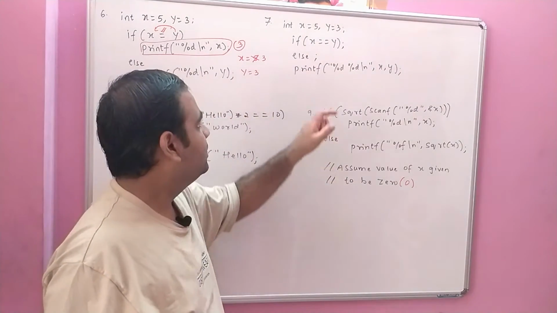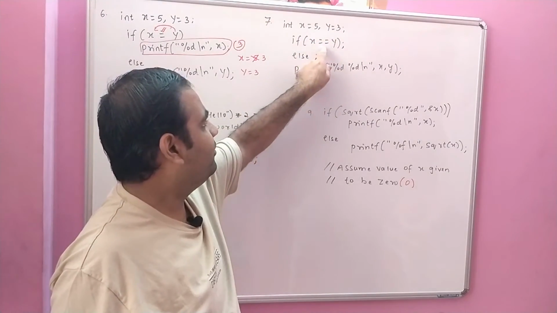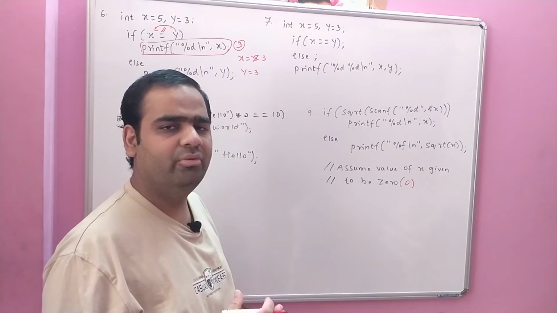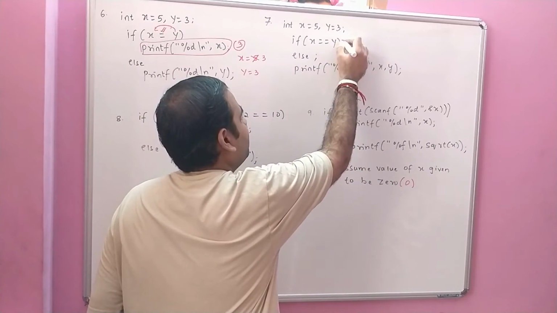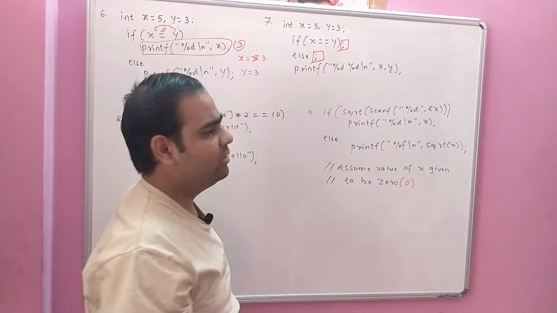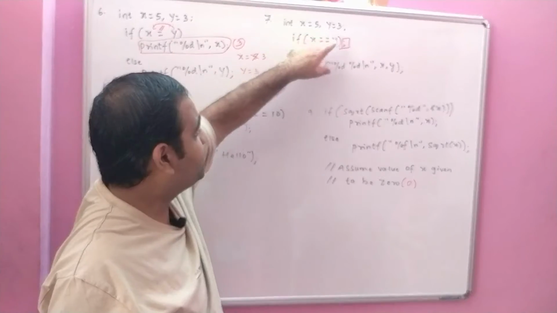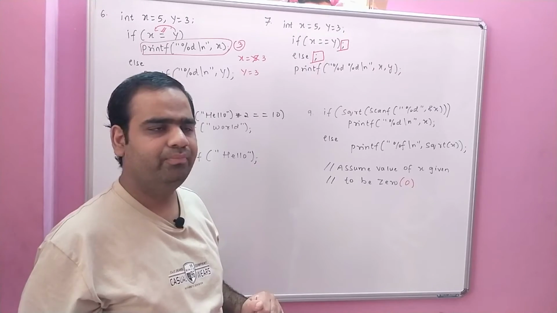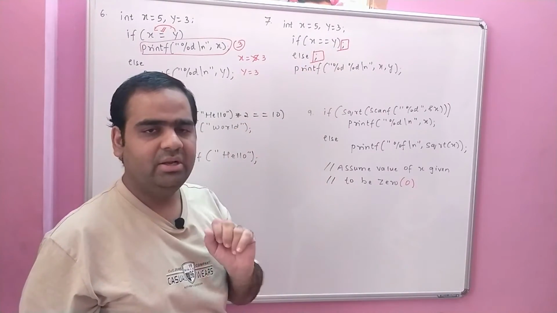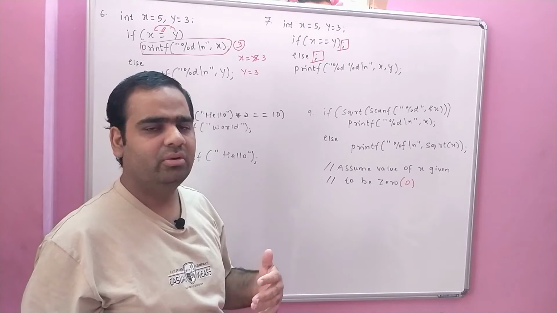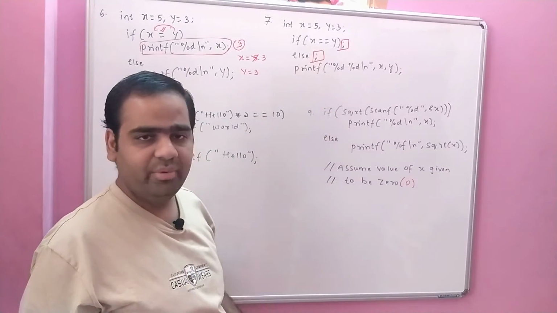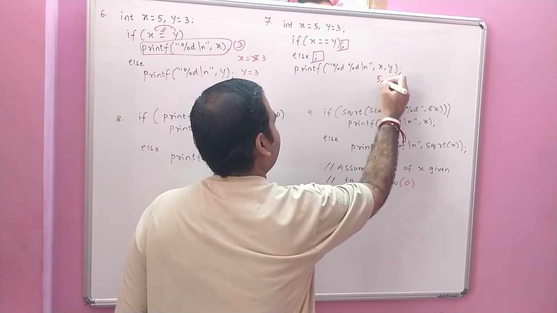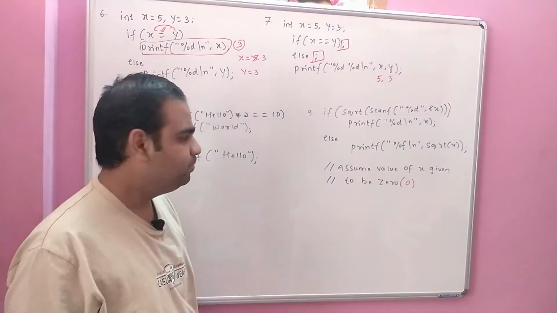Let's see this one. x is 5, y is 3. Now here we are doing comparison, x == y. Before we execute, we need to be sure of the body of if and the body of else. This semicolon is the body of if and this semicolon is the body of else. And we see there is no statement between the body of if and else. Therefore, it is not the error else without previous if. 5 equal to 3, the condition is false. Therefore, we have to execute the body of else. And the body of else is a semicolon. It means do nothing, it does nothing. And it prints the values of x and y. The recent values of x and y are 5 and 3.